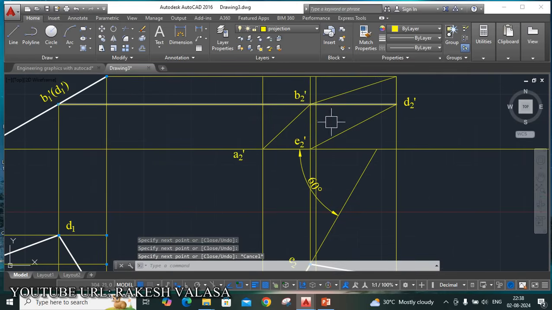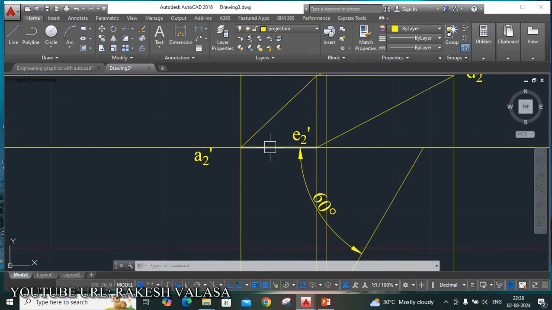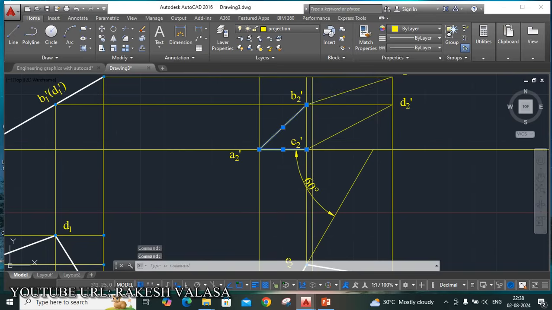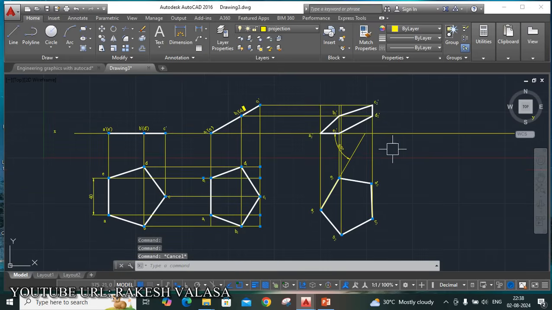Now change these thin lines from projection line to object line. Select these 5 lines and change the layer from projection to object. Okay, this is the final front view and this is the final top view for the given problem.